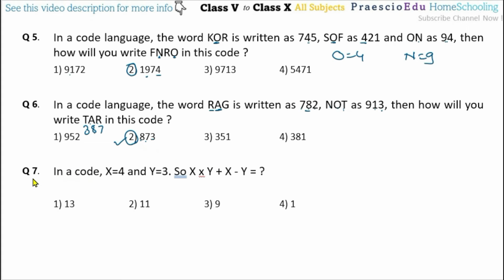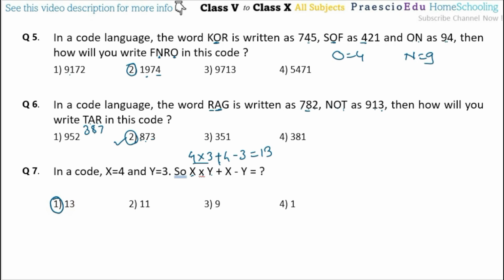Now question number 7. In a code, x is equal to 4 and y is equal to 3. So x multiplied by y, plus x, minus y, is equal to how much? Here x means 4, multiplied by y means 3. First multiplication: 4 multiplied by 3 is 12. Then addition: 12 plus 4 is 16, minus 3 is 13, and 13 is given